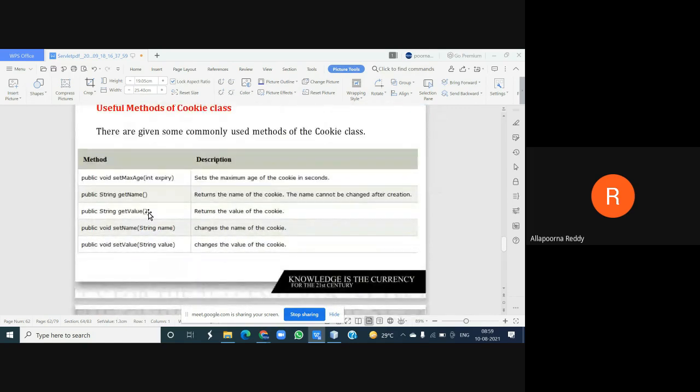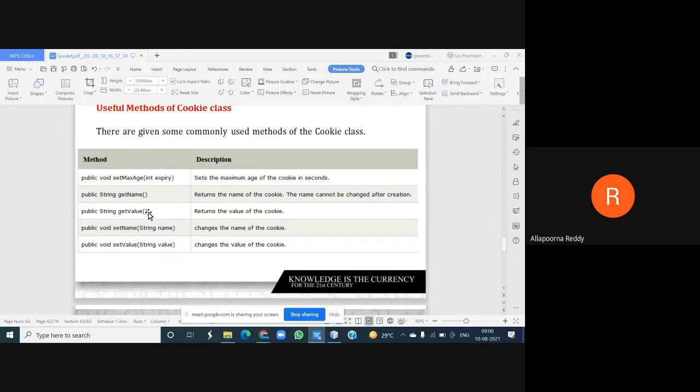But one important thing here: once your cookie is generated, no problem. But once your session has started, what do you mean by session started? A request is started from the client browser, and you get your cookie response from the server, which means a session is started.